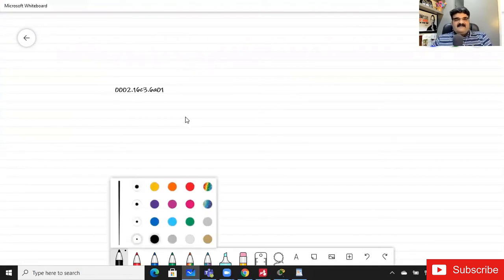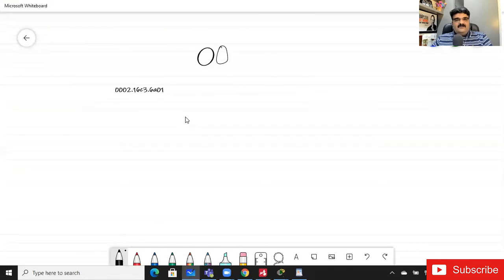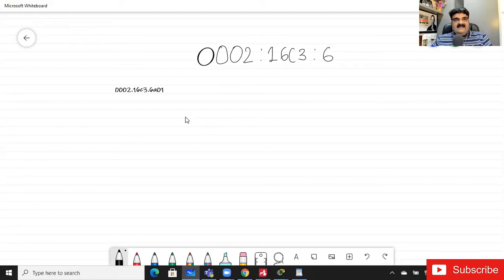This is my MAC address, right? 0002:16C3 and 6A. Wait a minute, is it A? Yeah, it is 6A. Okay, 01. I understand this, no need to worry.